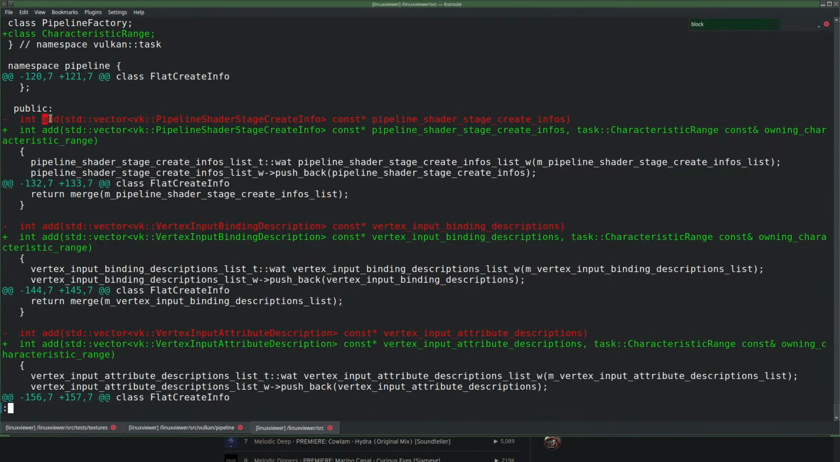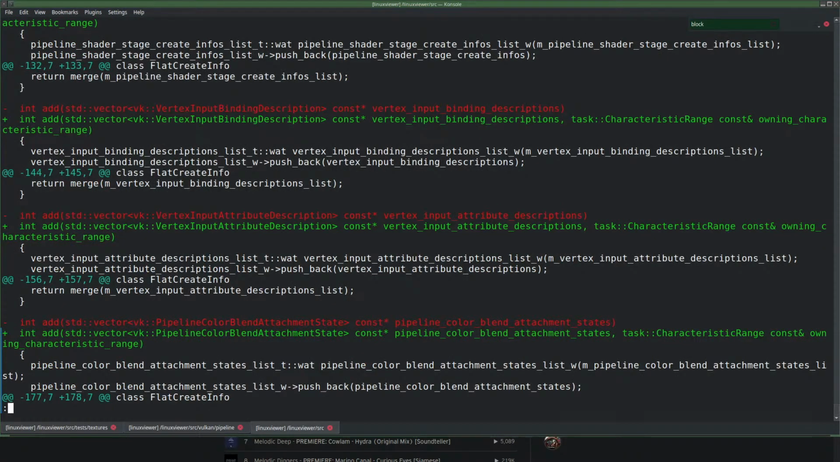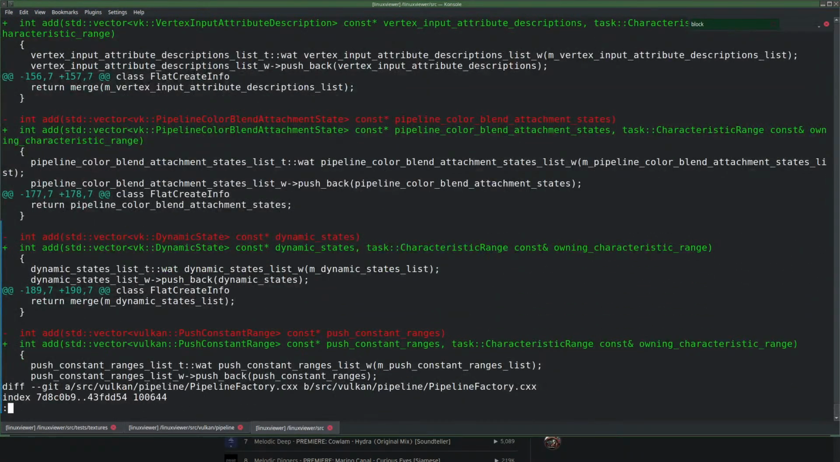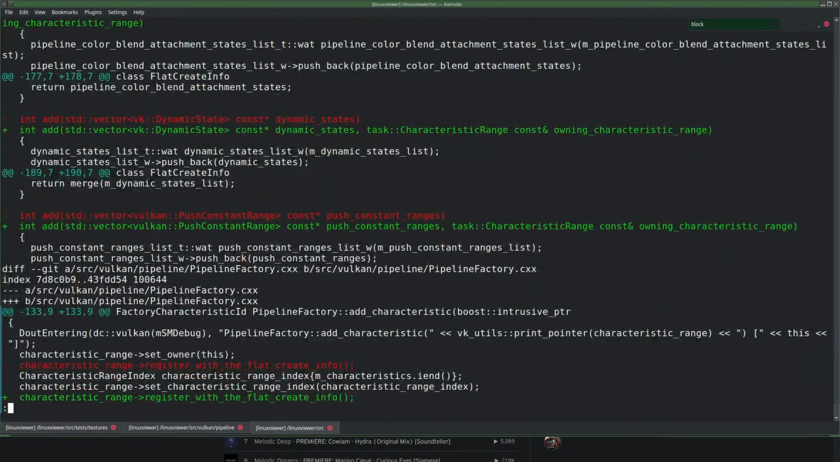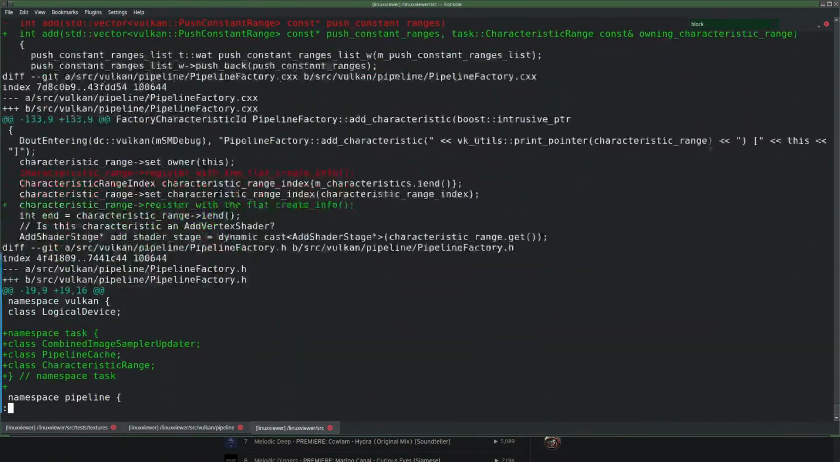So all these adds, adds of vectors with some data. In this case, pipeline shader create info, and here we have this, and here we have that. There are lots of different types, all in vectors. They can be added. Add vector. And they all now get a characteristic range const reference as extra parameter. And then we get here, which is doing,